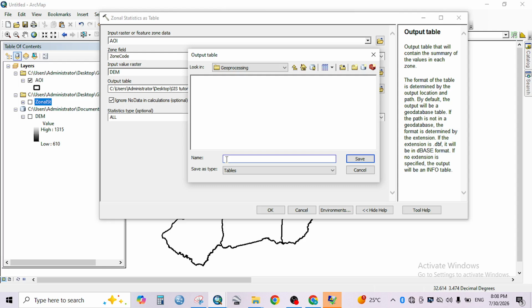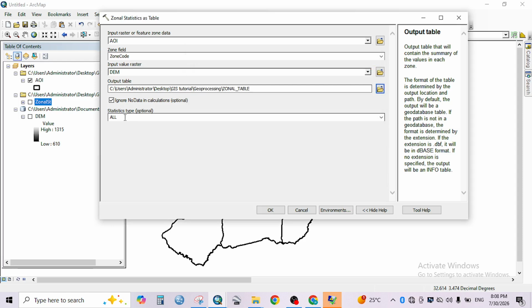Let me put it in the geoprocessing folder. I'm going to name it Zonal table. So I'm going to click save,